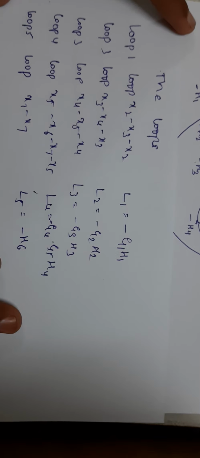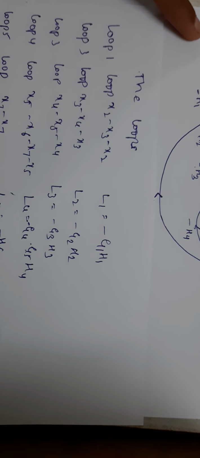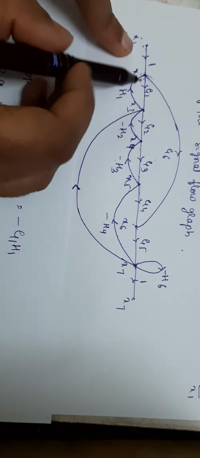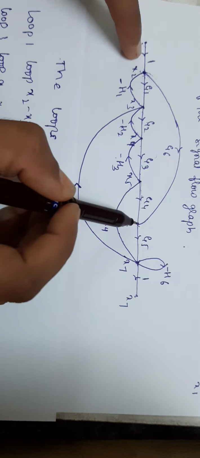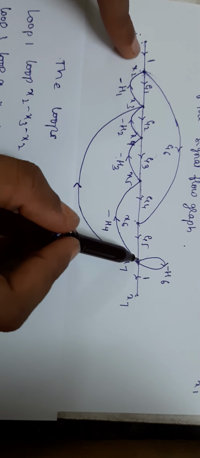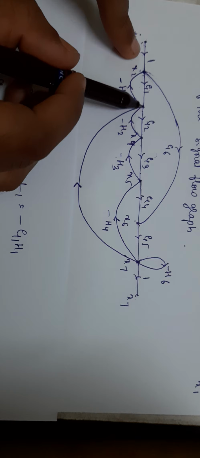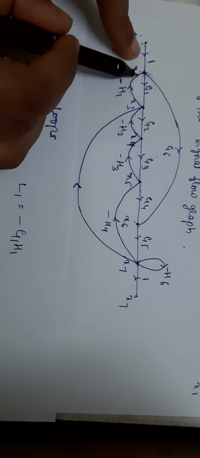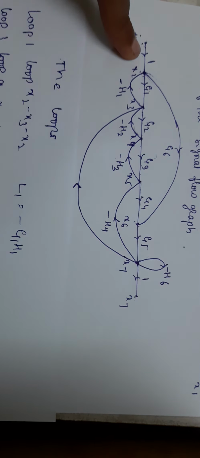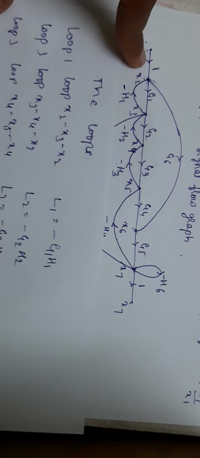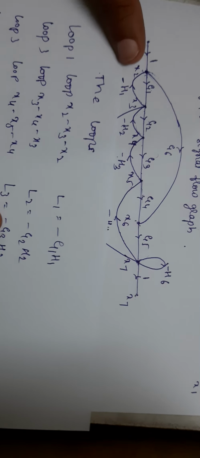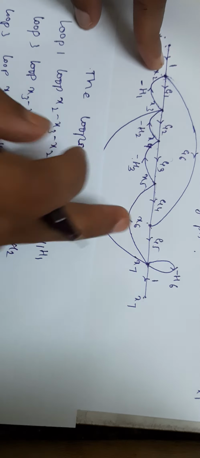Okay, next loop is this: x2 to x6, x6 to x7, x7 to x3, x3 to x2. What is that loop? Loop 6. x2 to x6, x6